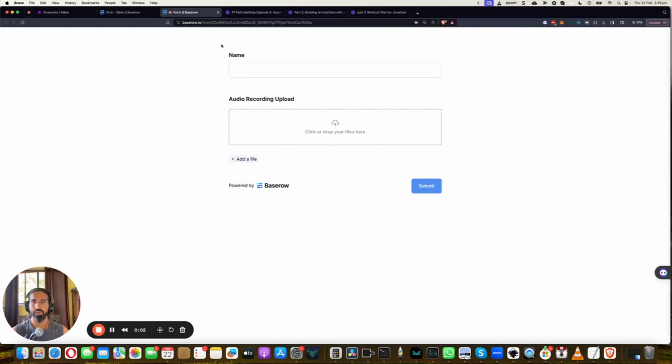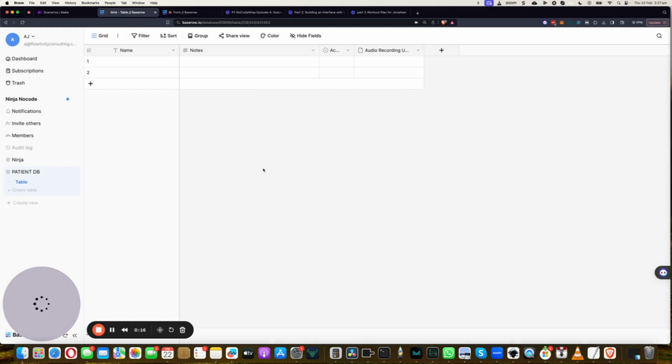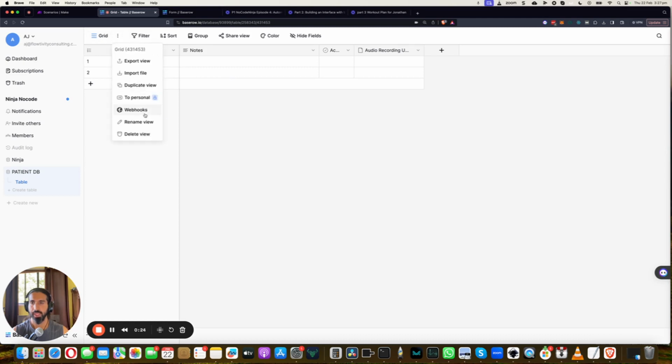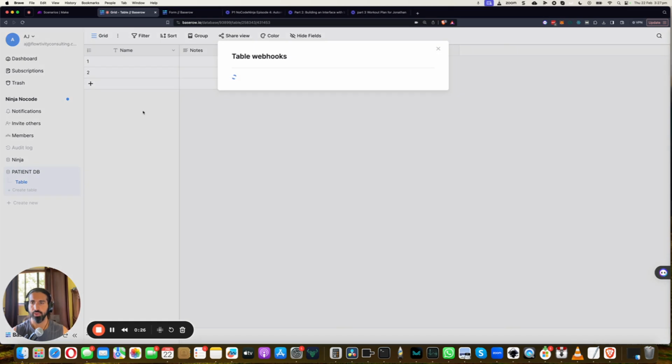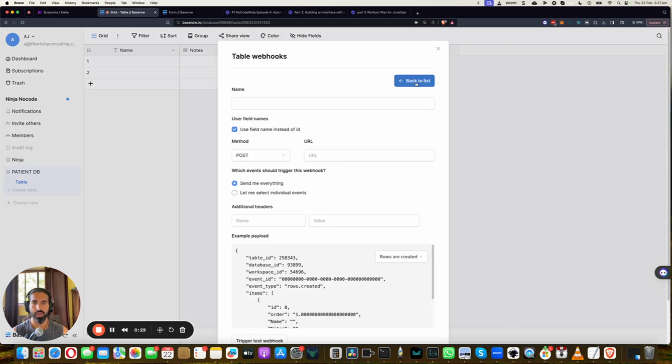Okay, so what we want to ensure is when someone submits a name and audio recording, we trigger an automation. And what will happen is a new row will be created in the database. So we're going to create a webhook to build this trigger. So go back to Baserow into the grid section, and if you click these three dots, you'll have webhooks. Let's click that. We're going to create a webhook,